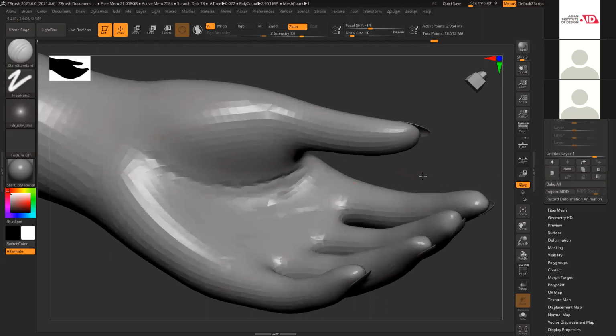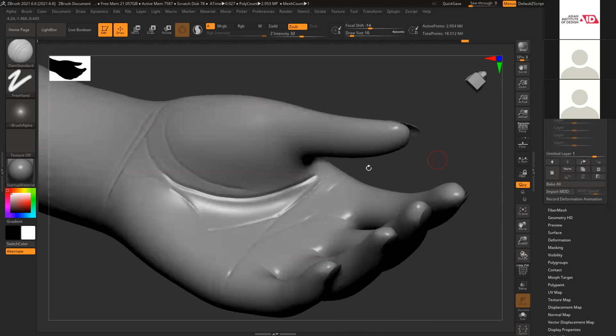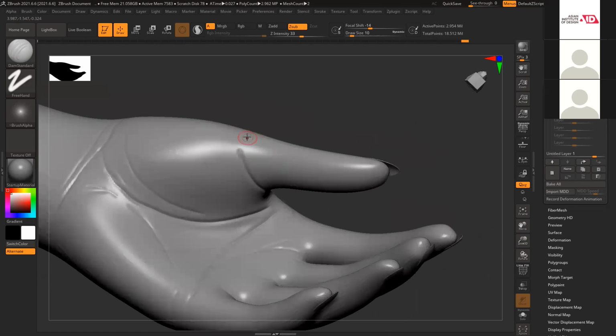Some basic finger, like all those details. These are important. I need to add this thing properly.